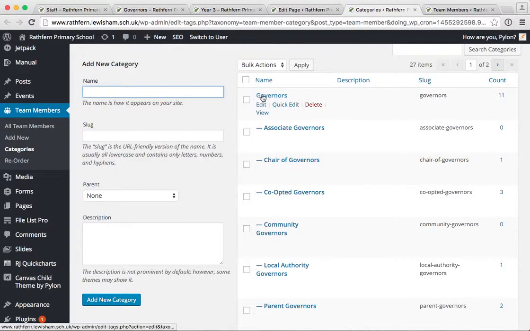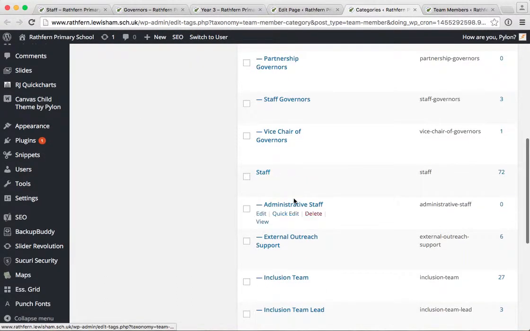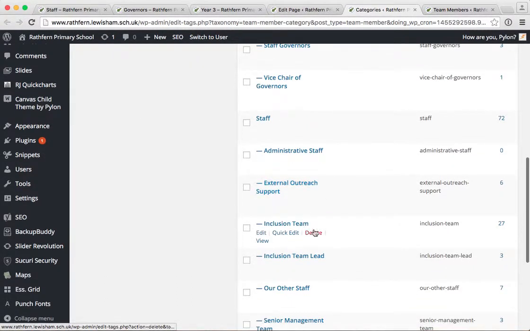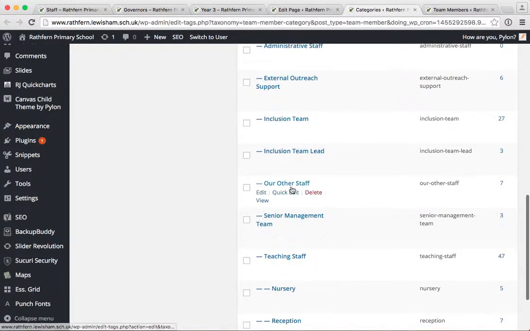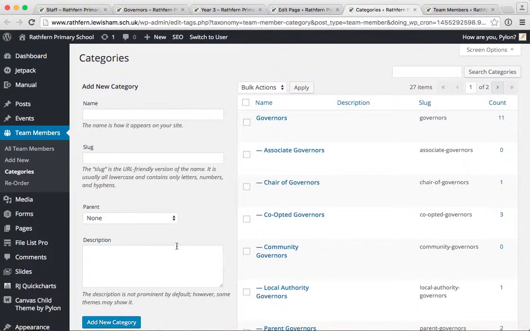So within the parent group of governors, we've got associates, chair, co-opted, community, and then you come down to staff, so you've got admin, outreach, inclusion, other senior managers, and teaching, and then within teaching you've got by year group, which goes to a second page. And the reason we set it up like this is if you then look at all